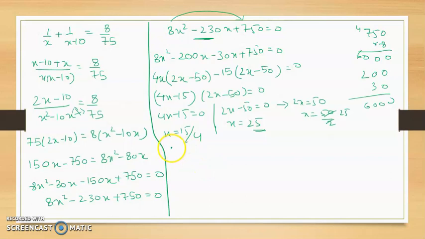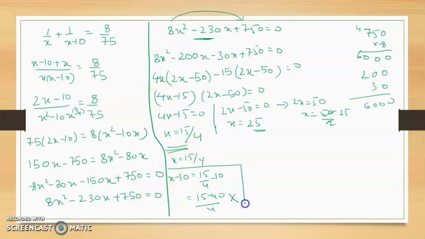If I take this as 15 by 4, so this is the smaller x, okay, for the smaller tap x is equal to 15 by 4, and if I take for the larger, it is x minus 10, so 15 by 4 minus 10 will give me a negative value. See, solve this, 15 minus 40 upon 4, so negative value, so we will not take this value. Are you following, students? We will not take this value, okay.